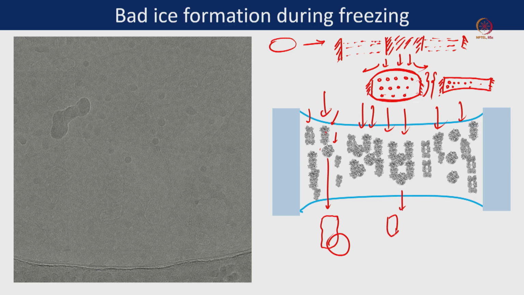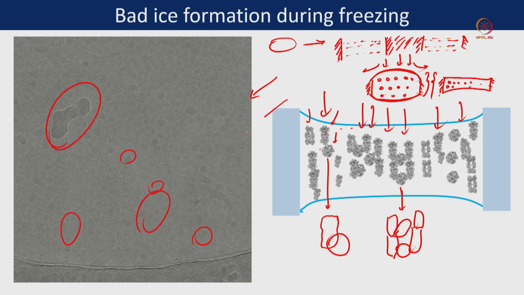You will get a rectangular shape where two molecules are connected, again a rectangular shape where two molecules are connected, then one circle, and then you will get a bulge like that. So when there is too much concentration and they overlap with each other, and if the ice thickness is very high, you will get this kind of bad pattern image where you cannot see your sample properly. This is an ice contamination, and this may be your sample or it may be ice, we do not know yet because this is very thick ice and it is not clear from our images.